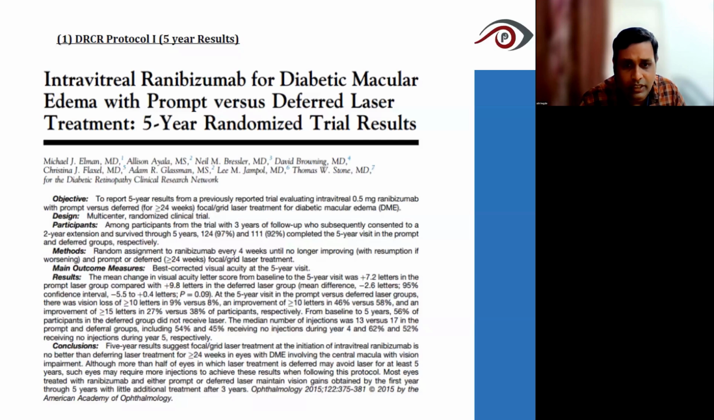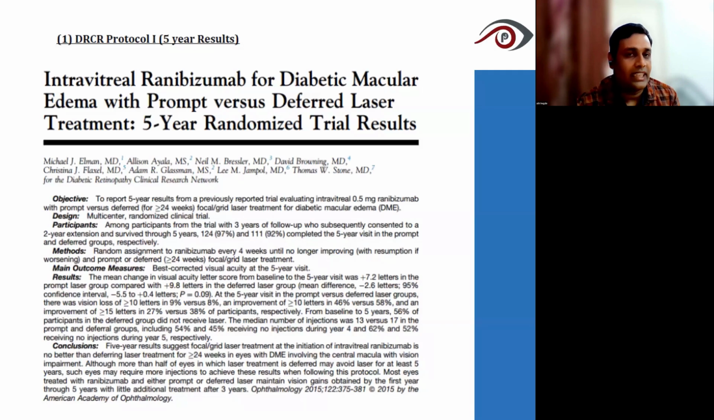In the 5-year studies, they showed that focal or grid laser treatment at the initiation of intravitreal ranibizumab is no better than deferring the laser by more than 6 weeks. So the studies show there is no need to do the laser as early as possible. The anti-VEGF alone will help now. But if there's a recurrence, or if the patient is not able to come regularly, it's better to do the laser. Because if you do a laser, what they've shown is the decrease in vision loss is very less,